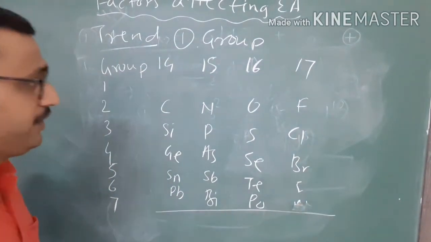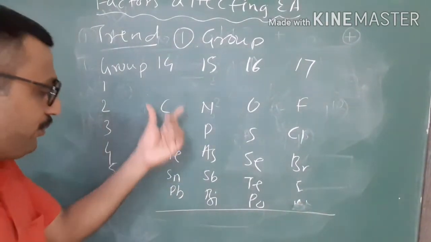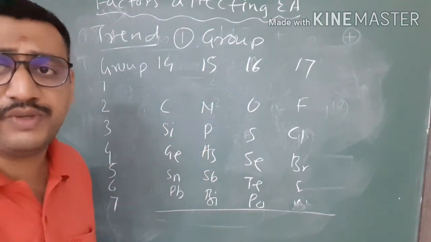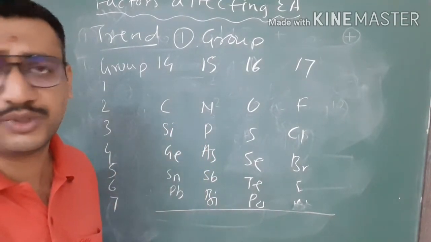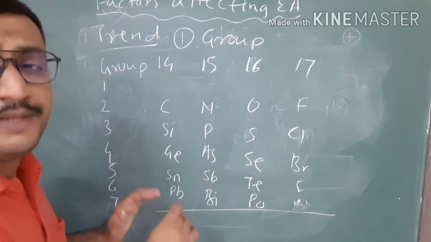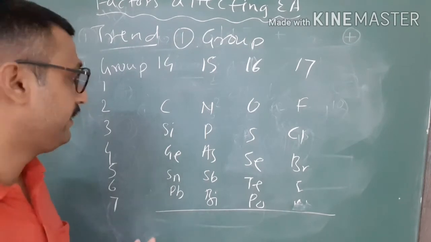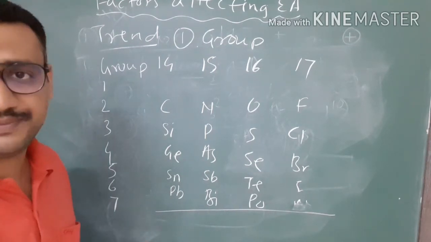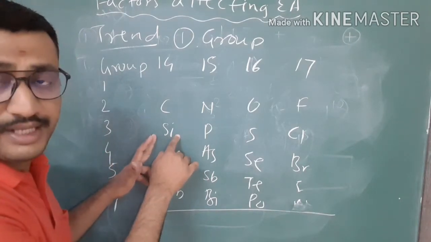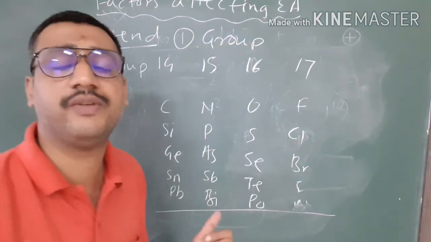Astatine is also radioactive. So what we are expecting is that from top to bottom atomic radius increases, but the electron affinity should decrease. Are you understanding, student? That we learned here in the group: top to bottom atomic size increases, but the electron affinity decreases. But here there is an exception. In these 4 groups, the corresponding third period element has the highest electron affinity value.